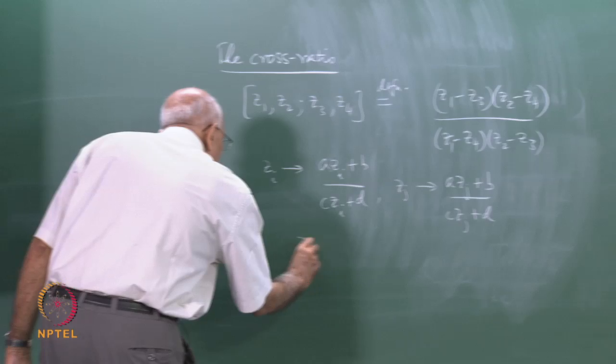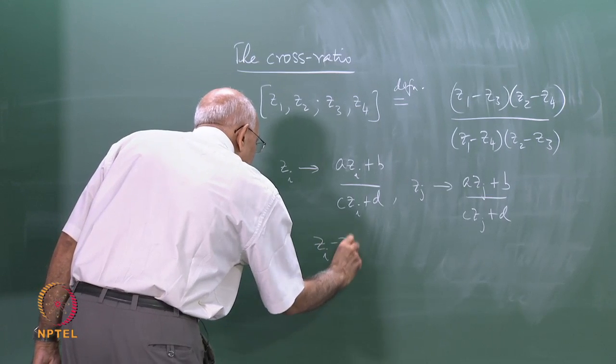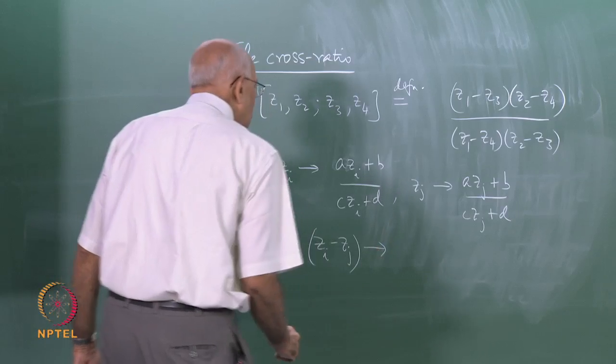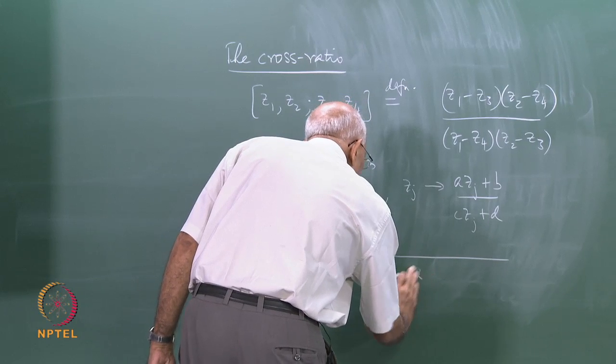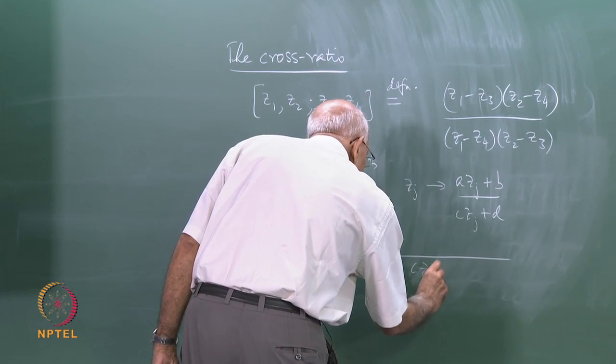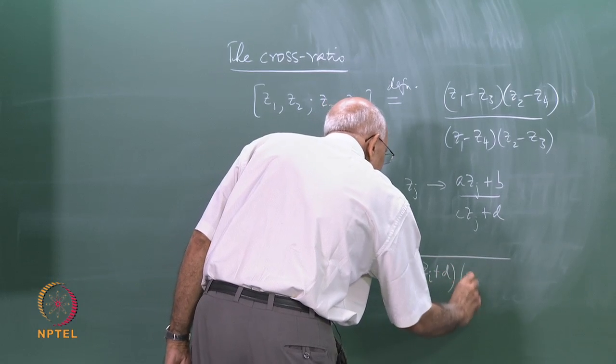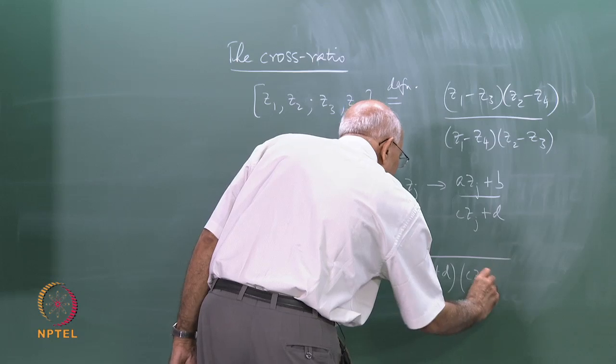This will imply that this difference Zi minus Zj goes to, well, let us put the product here,